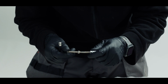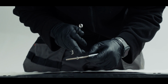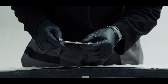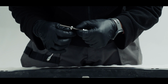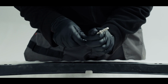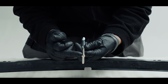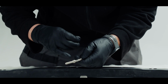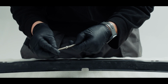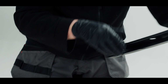So from experience, if we look at this section here that has a position if you want to hold an adjustable spanner on it to stop the bar from spinning, if we go 2 or 3 mil from where those threads stop, that should be the correct length that we need from the back of the light itself. So this bit will go into the back of the light and this bit will go through our bar. So again, it's 2 or 3 mil from where those threads are flat. I'll pop that through there,